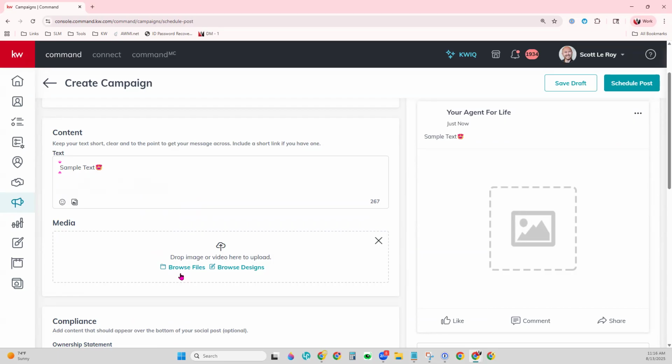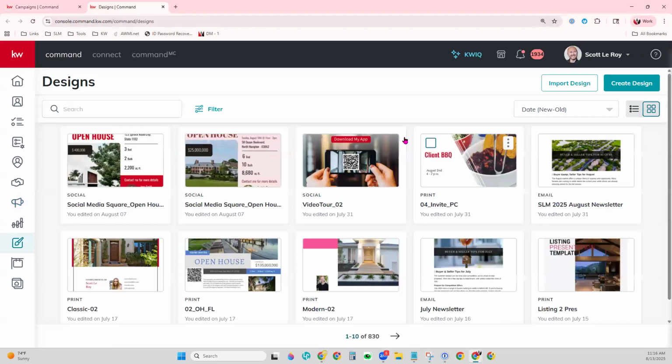There are tons of social post templates already in your command designs that will take you two shakes to edit and brand it to yourself, and then you get to use it. So it's also a place and a resource of free content. Right here are your command designs. I'm actually just going to pop this out into a new tab really quick. Again, it's the square with the paintbrush, just to show you really quickly where these templates live so that you'll